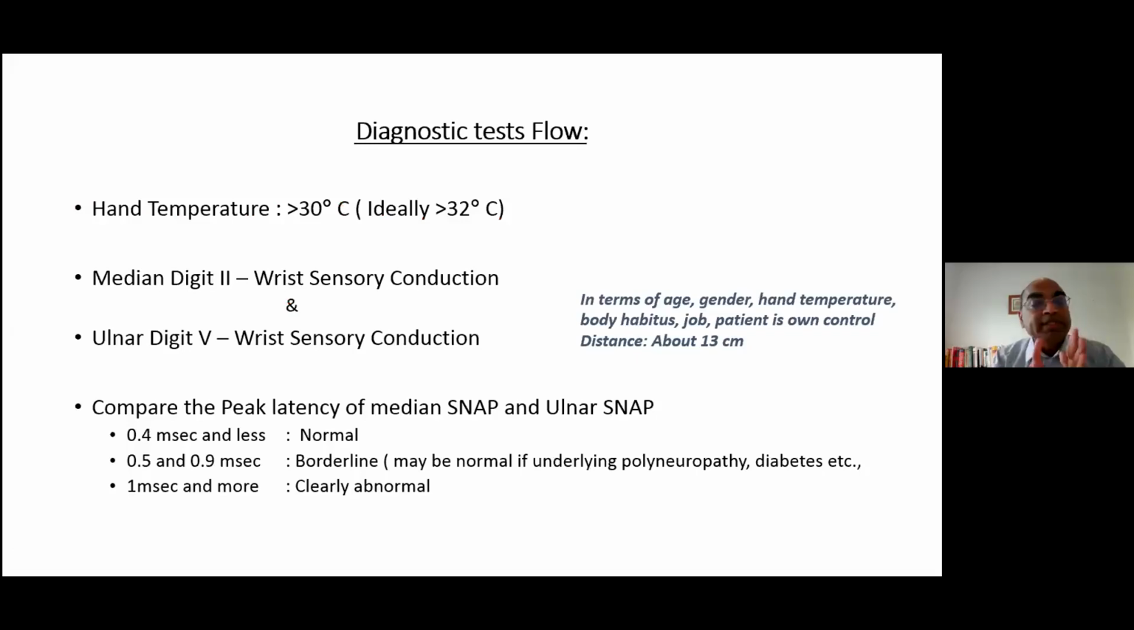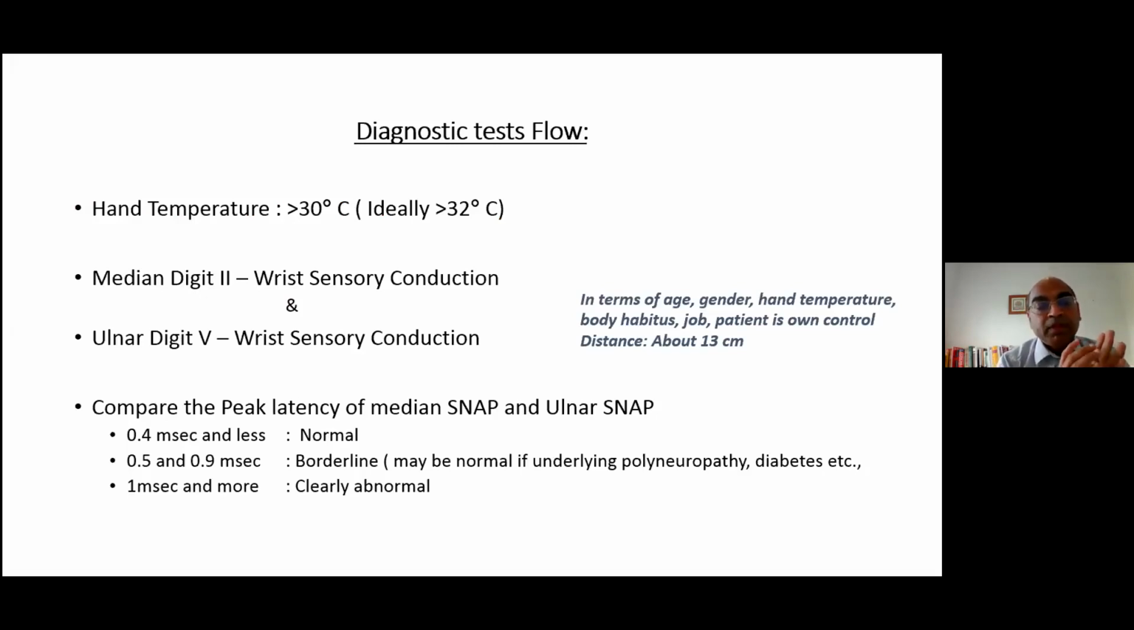So the peak latency difference from median to ulnar of 0.4 millisecond or less is normal, okay? And between 0.5 to 0.9, it's a borderline delay. If it is delayed in the median, it is a borderline delay. But if the patient has diabetes or polyneuropathy, even that could be due to those factors, not due to carpal